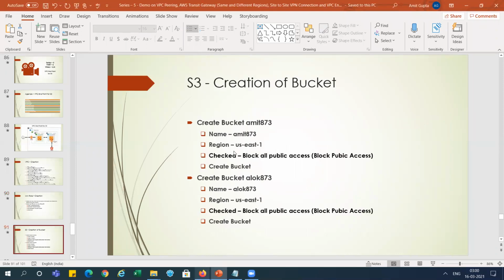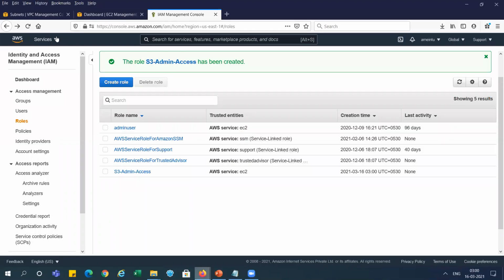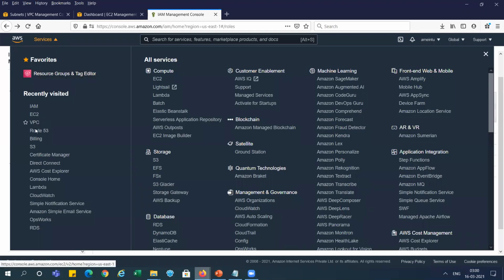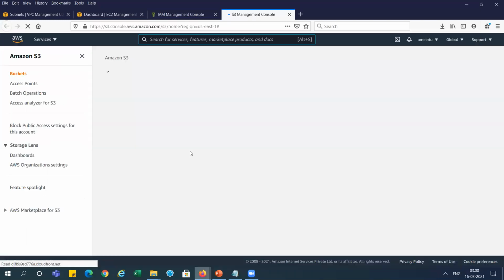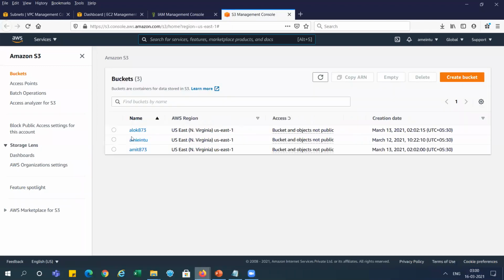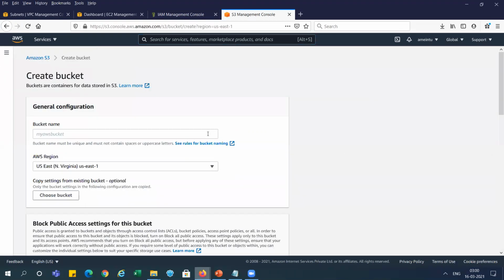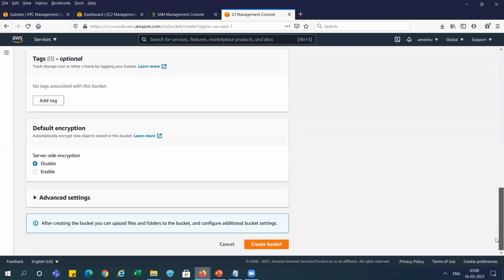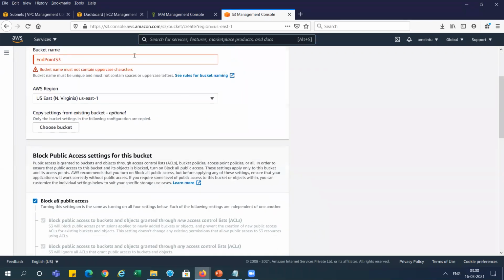Now you need to go to create the bucket. So I think the bucket is already created. S3, let me check. This bucket is already created. So I will go and create one more bucket, right? I'm creating endpoint S3, right? And we will go with the default settings and create the bucket, right?